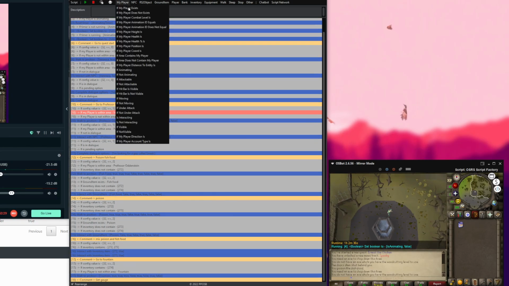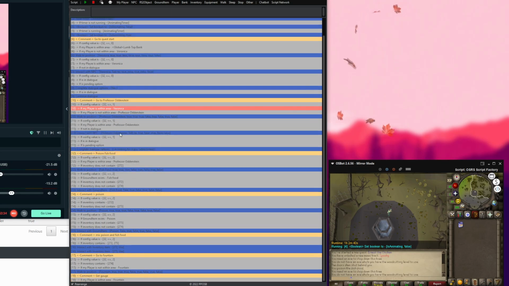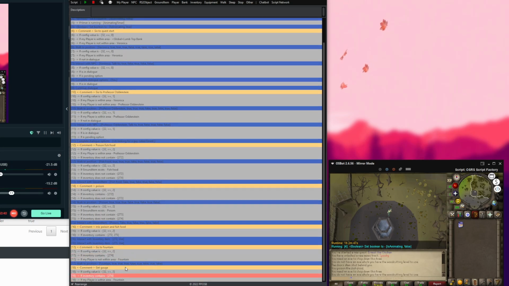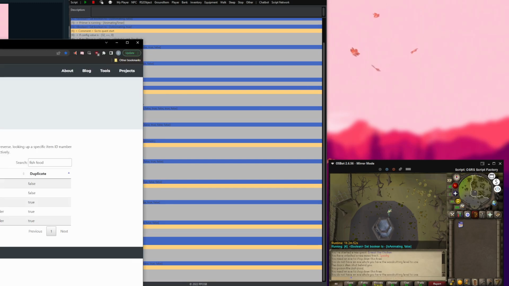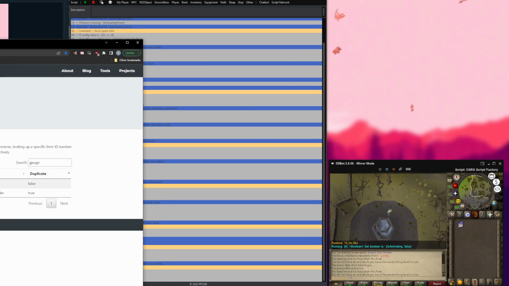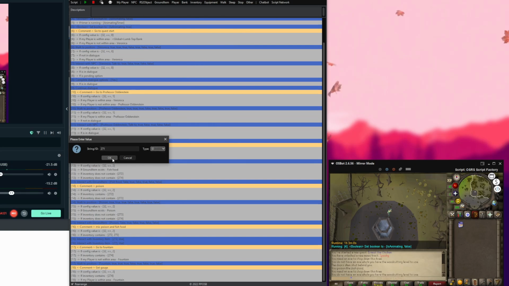So if area contains my player fountain, don't forget the config value. If inventory contains 274, I want to get the gauge ID though. Pressure gauge 271. If inventory does not contain item 271, which is the pressure gauge,